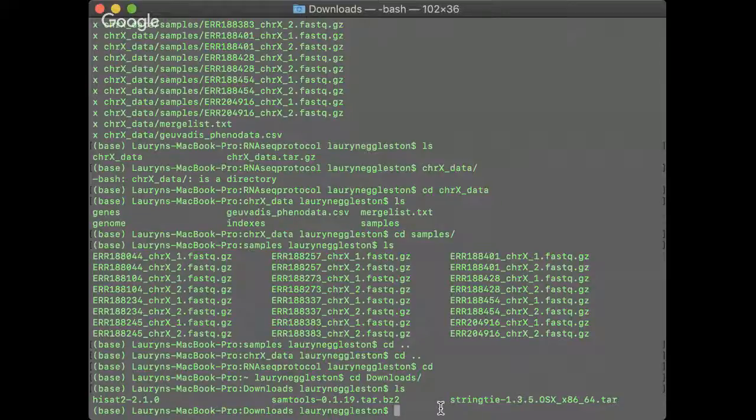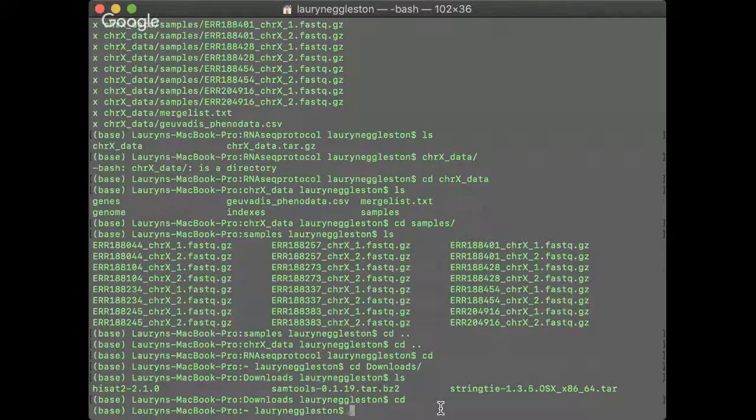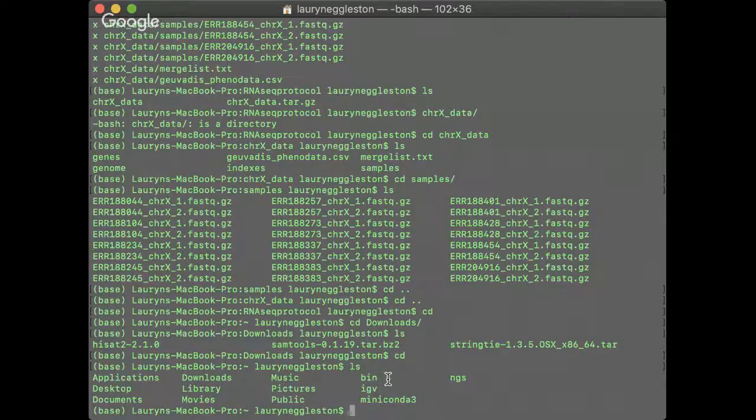There is an important step that I have skipped. Before we start copying any of these programs, I want to export my path so that we can execute these programs in any directory that we are working in. So in my home directory, you can see that I have a directory called bin. I've already made that. I just want to export